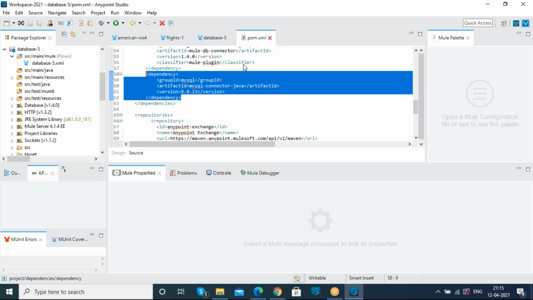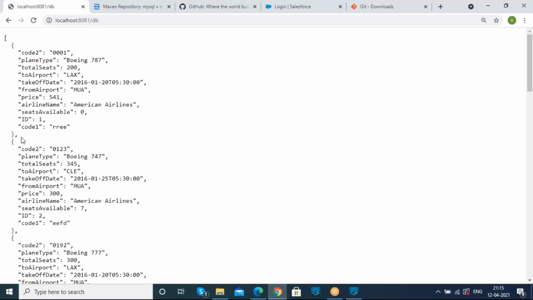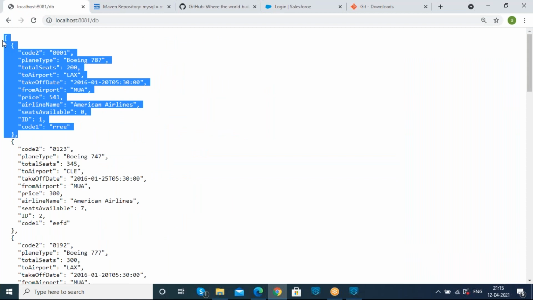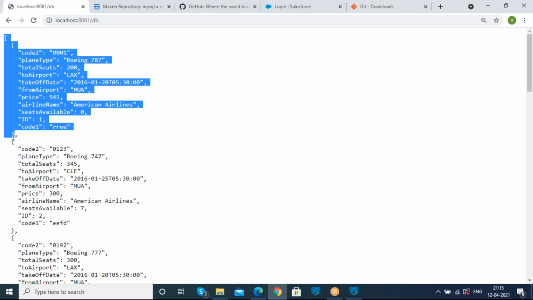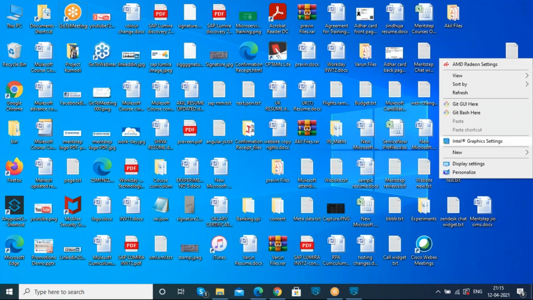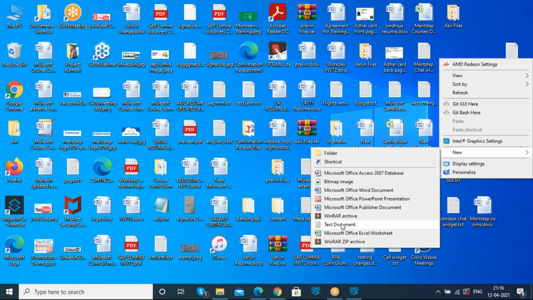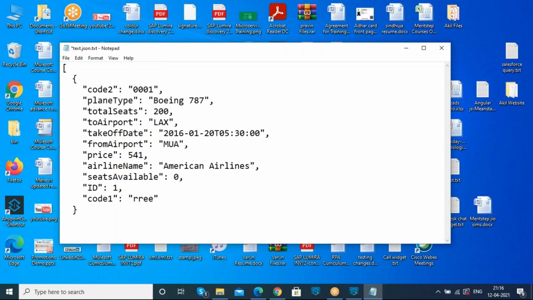So guys, if you don't have any doubts, let's see how to transform the fields from one format to another. Whatever fields we are getting here as our response, I don't want to display these fields to the users. So I'm copying it and creating a text file. I had already created a text file, and while saving the file, just name it with the .json extension. I named it text.json. So here, if I double-click on text.json, I'm pasting it. This is the code.